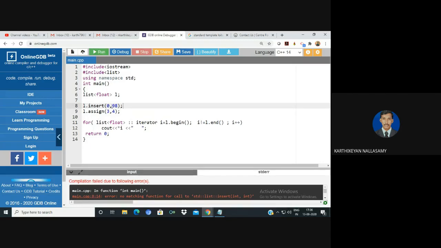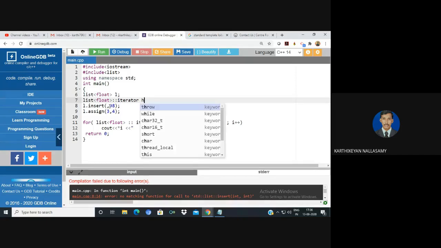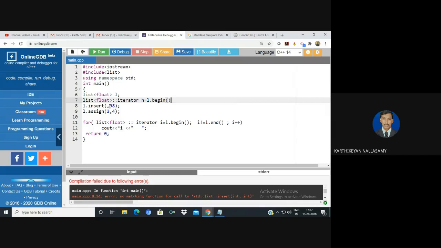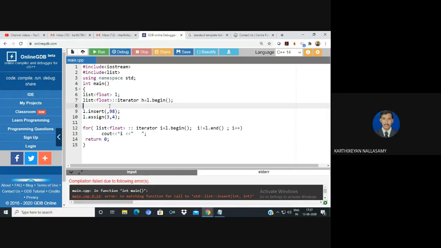For this insert method, we need to identify the position of the iterator. So by using iterator, I'm going to create an object equal to the starting of the list. Now the iterator is created, which is pointing to the start of the list.